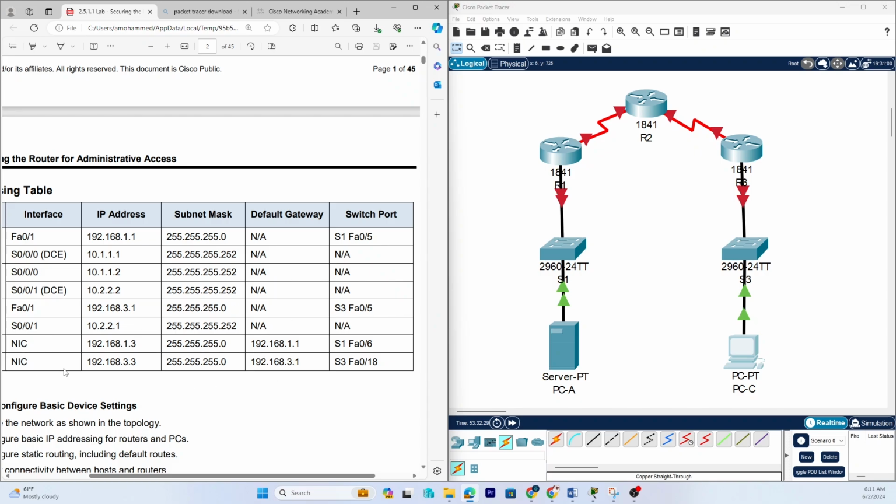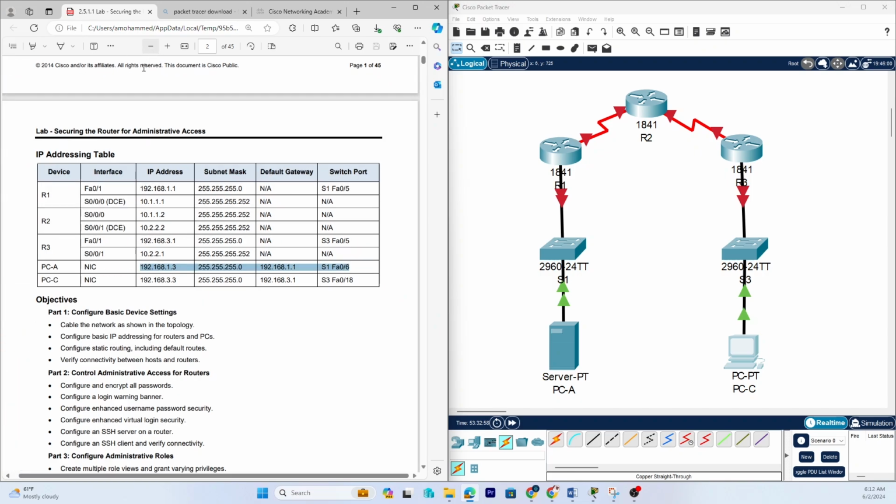So I'll begin from what? The PCs. So PC, switch 1, PC. So they're saying the PC IP address should be what? .3. You see? Default gateway 192.168.1.1, switch 1, FastEthernet 0/6. The NIC means the computer address. Okay. Actually, so this way you can see better. So they say PCA here should be given what? IP address